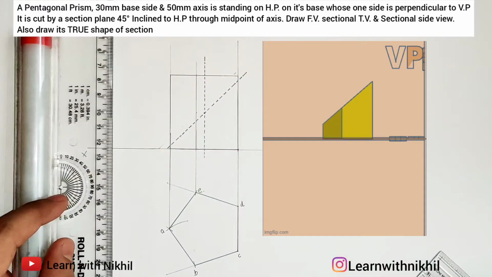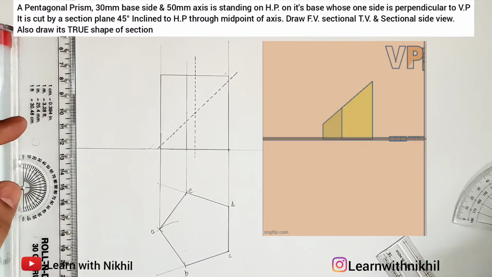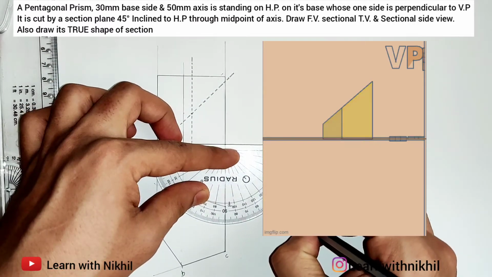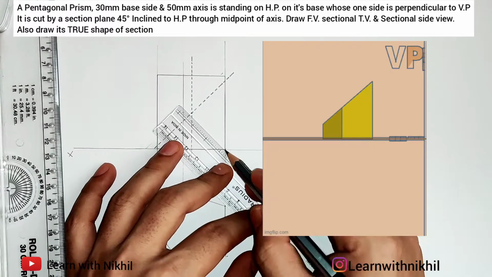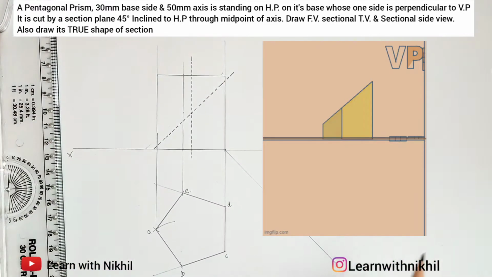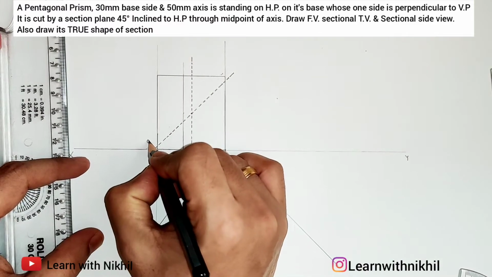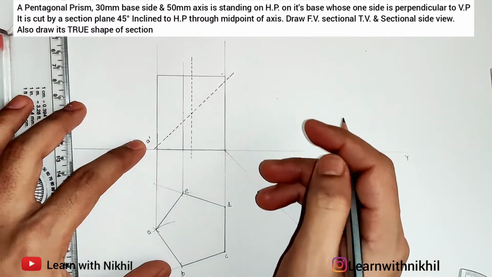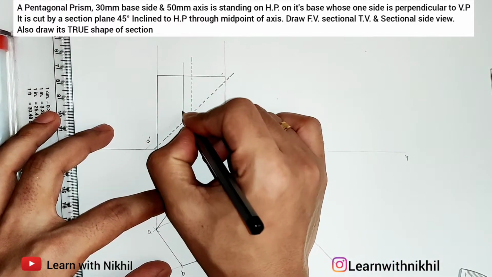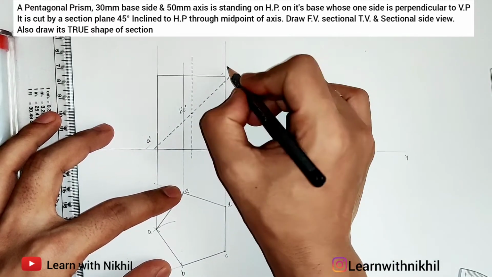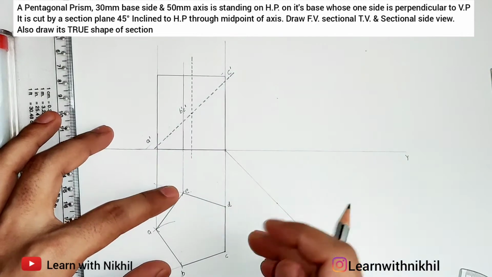Now in the question we have to draw the normal front view. So this is the normal front view. In the GIF I've shown the sectional part. If in the exam the sectional part is asked, then we have to draw like this. Now before moving towards the sectional side view, first I'll mark these points also. This will be A dash, the cut part will be B dash E dash, and the cut part over here will be D dash C dash.